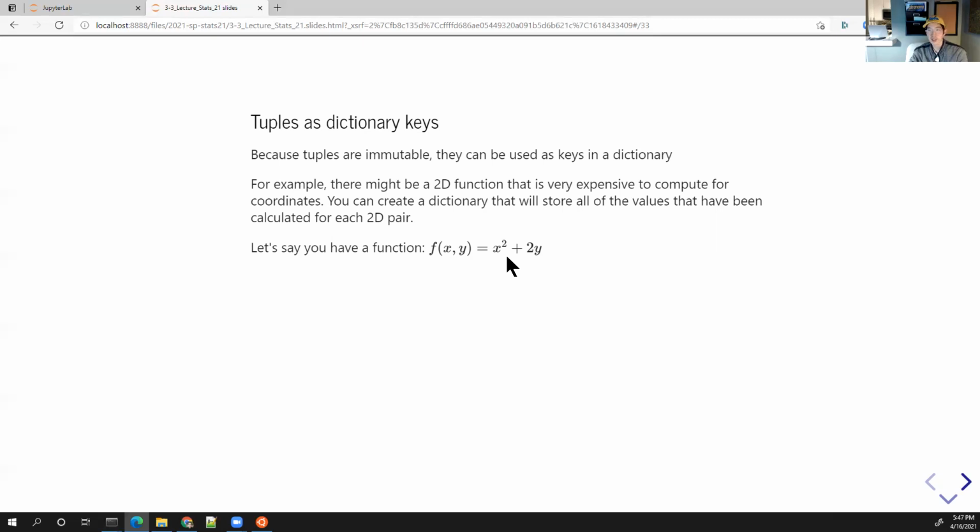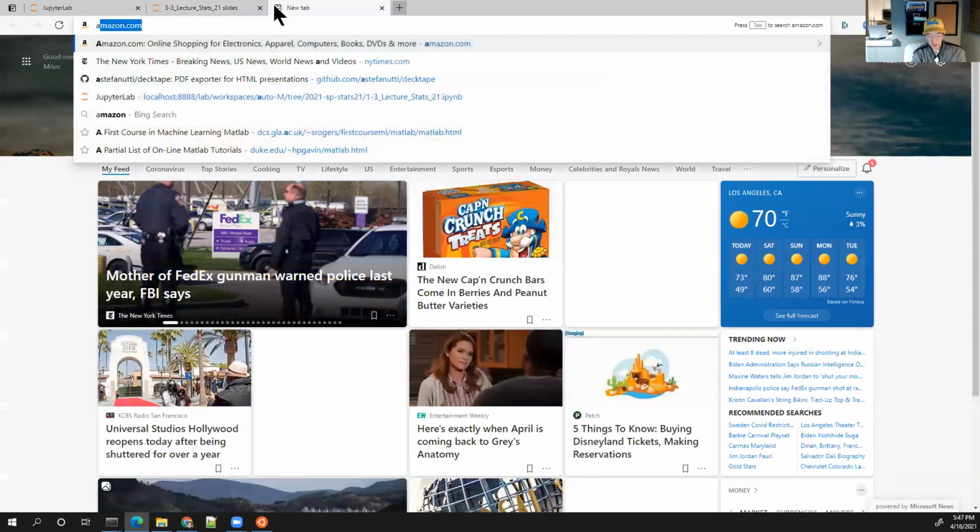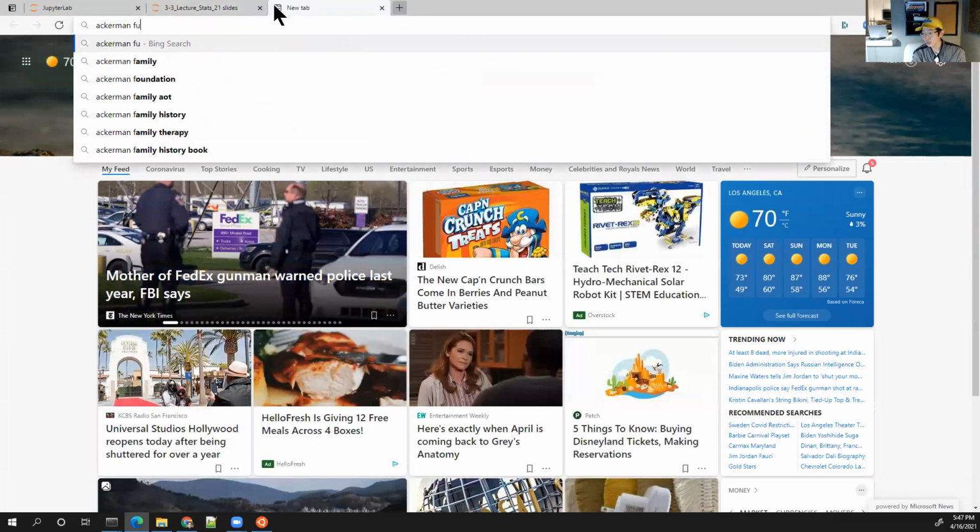In your homework assignment this week, there's this recursive function, the Ackermann function, and once you start getting over 4, the values get really, really huge. You don't actually want to compute it. So if I do the Ackermann function,